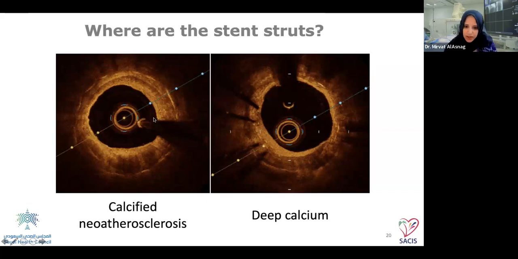So now look at these two images. Who can tell me what's the difference between the left-hand side and the right-hand side? If you can unmute yourself, please do. If you're still unable, and